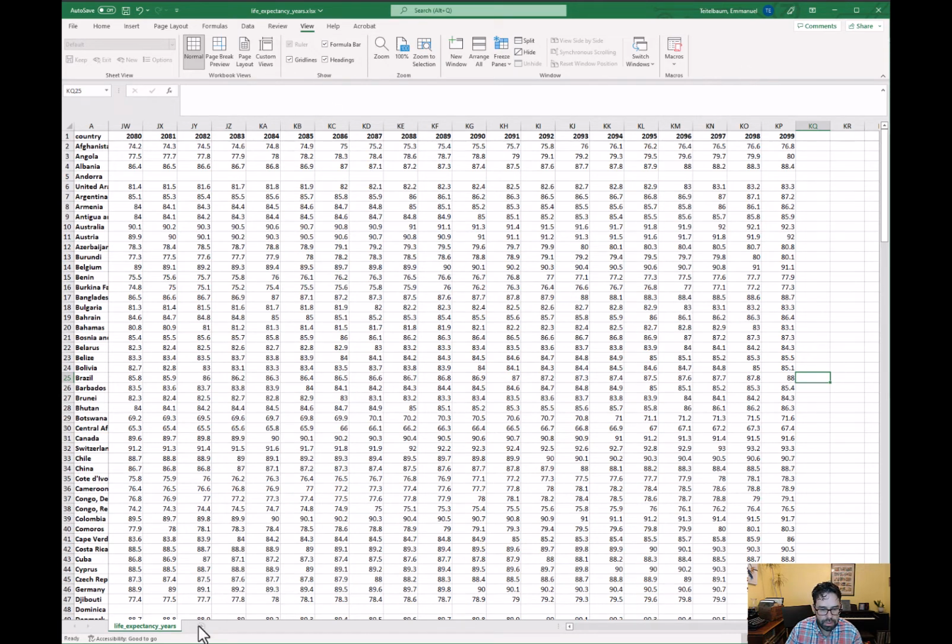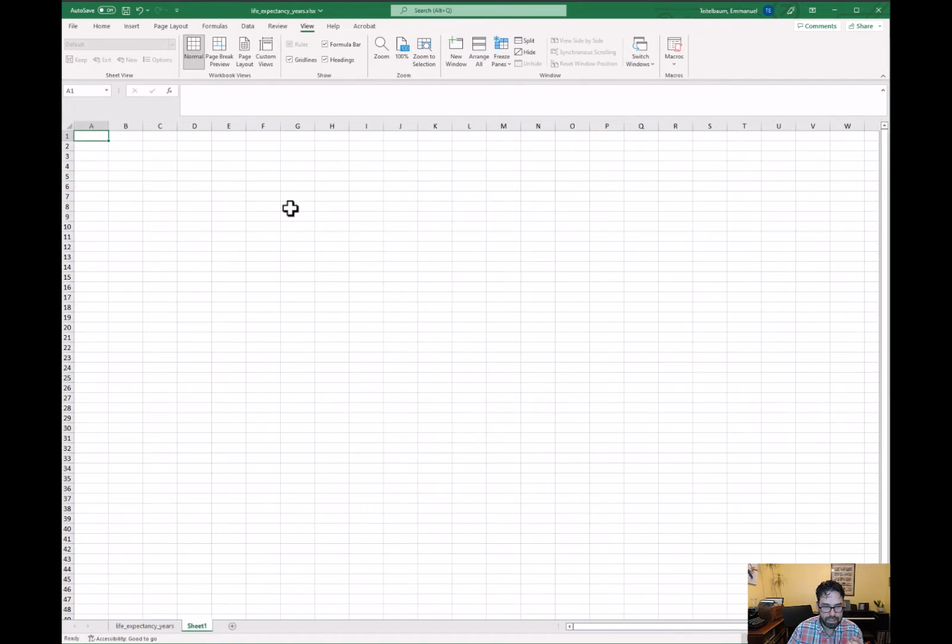And what I want to show you next is how to perform calculations in a separate worksheet, because this comes in handy if you want to create a table or something like that, or you have a big spreadsheet like this and you don't want to do all your work on a crowded